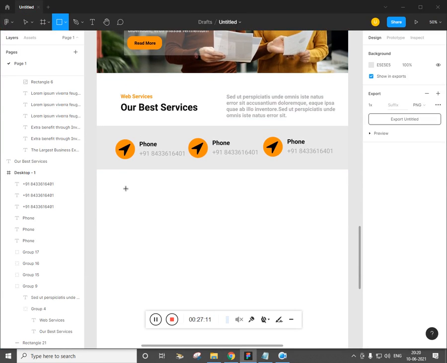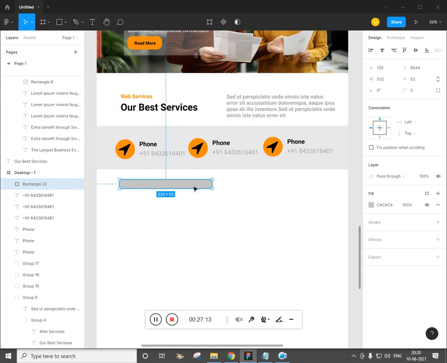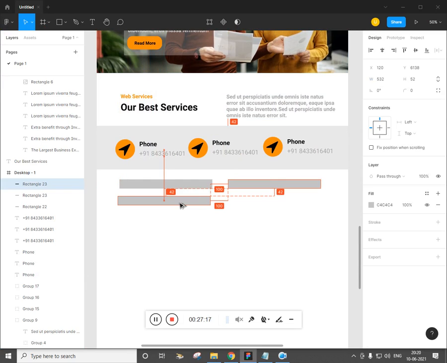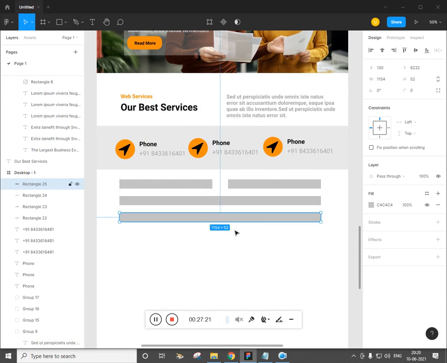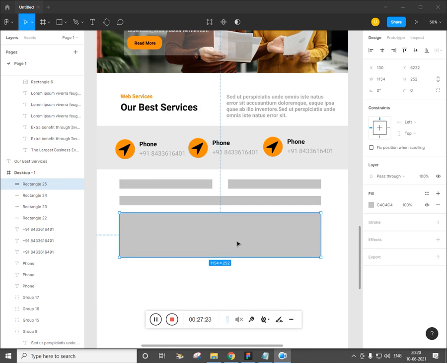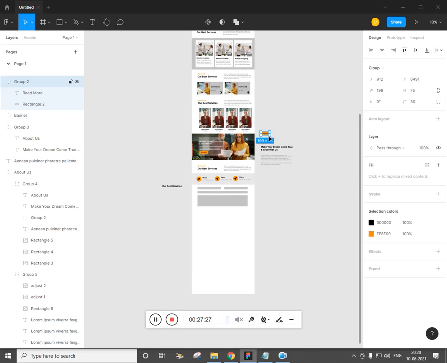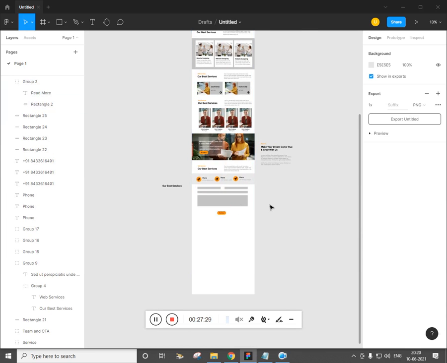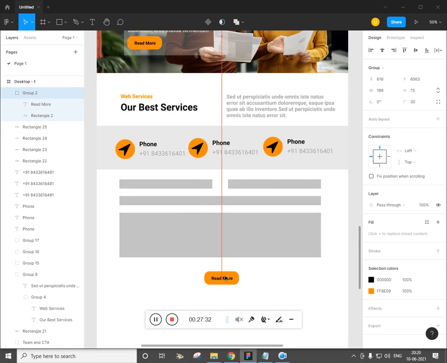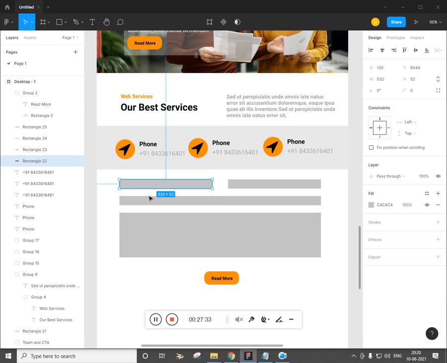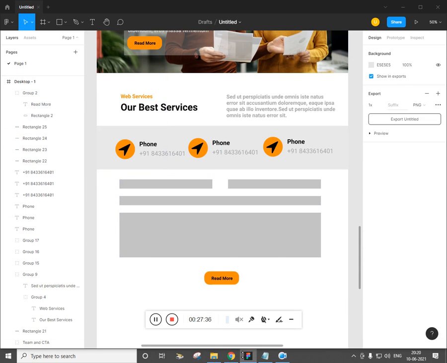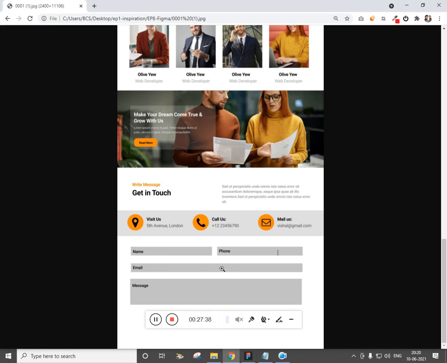I have a rectangle, name, email, name, phone, and this is going to be email, alt drag, and this is going to be message. And finally let's have the button, select the button and place it here, zoom in, properly place it, and give the text. I am leaving this to you, you can type the text inside: name, email, phone, fine.